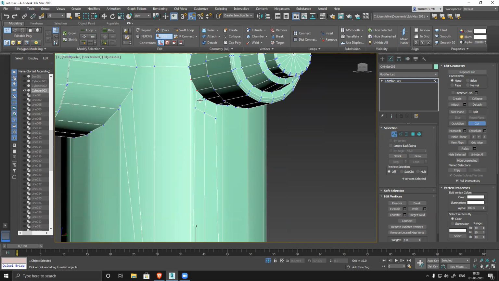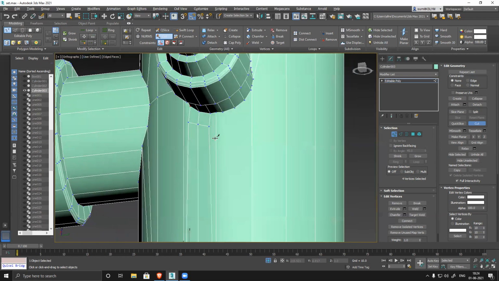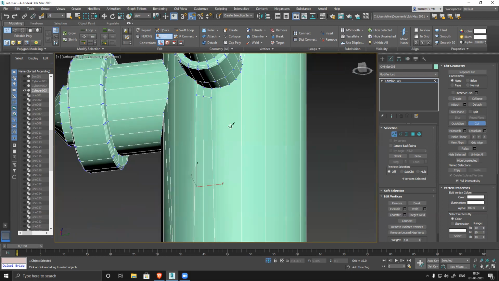When you have enough polygons and you want to keep it really smooth and clean, in that case you can do it like this. It works perfectly. But if you don't have enough polygons, that time you have to fix everything. 1 2 3 4, 1 2 3 4. So this is also a quad.